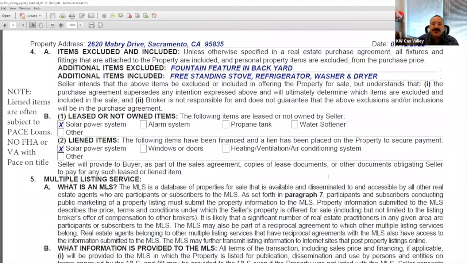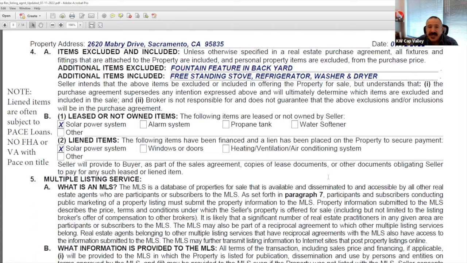When you talk to your seller and you're determining what's going to be coming with, or what's going with the sale, what's staying behind, keep in mind as a general rule, if it is not attached to the property, it's not part of the real property. So,